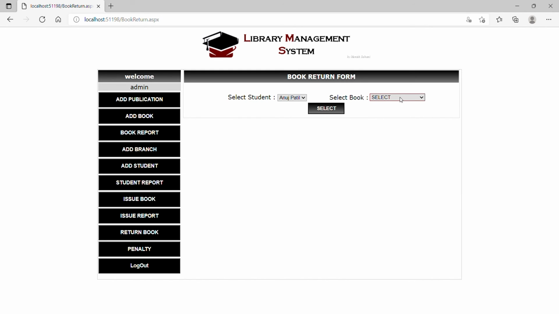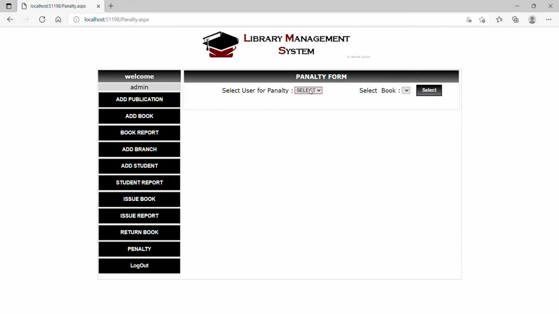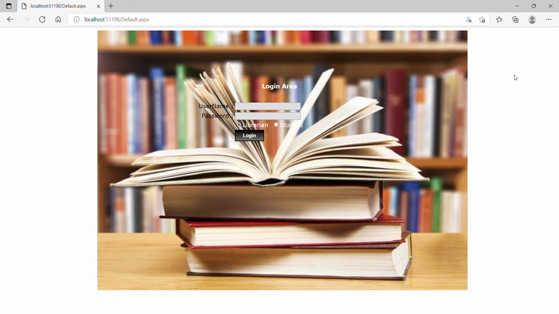Let's select the book software engineering and hit return book. Book returned successfully. As the penalty status is showing no, we can't see a penalty report because all books are returned on time. Now we will log out.